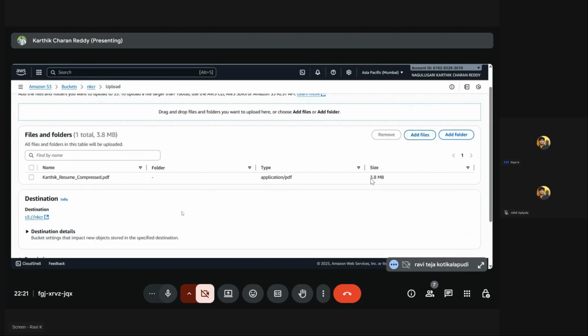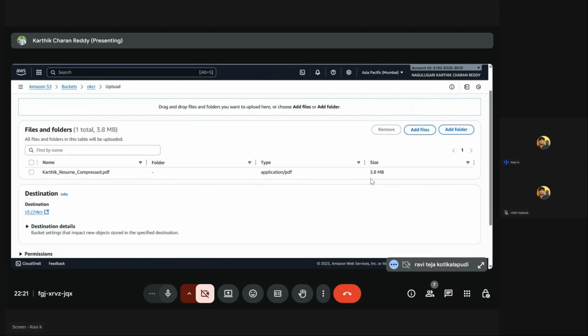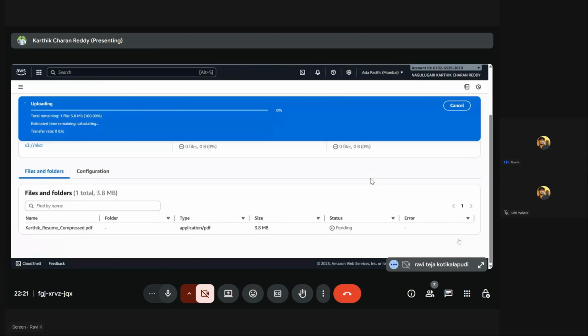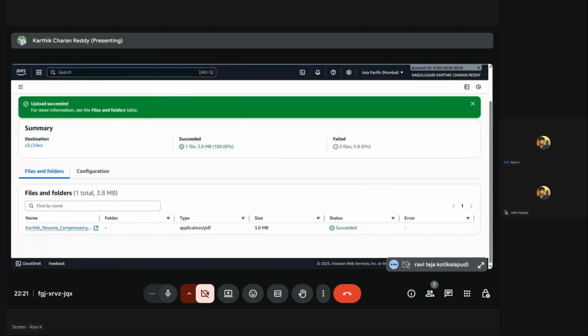Okay, perfect, PDF. You can just go and upload. Go down to the bottom and click on upload. That's it. This is your first upload into this S3 bucket, Karthik. Congrats.